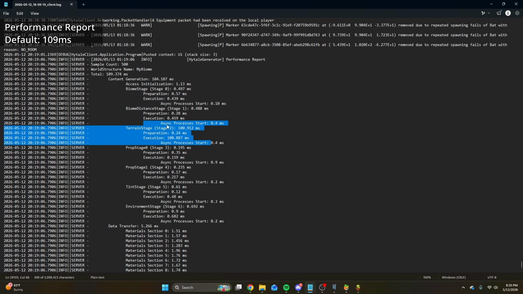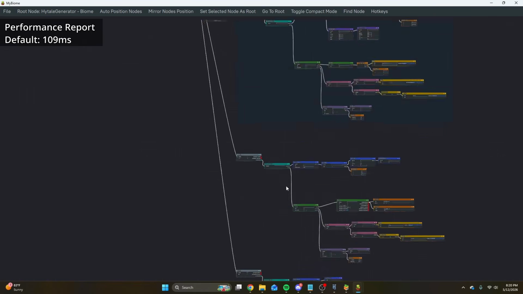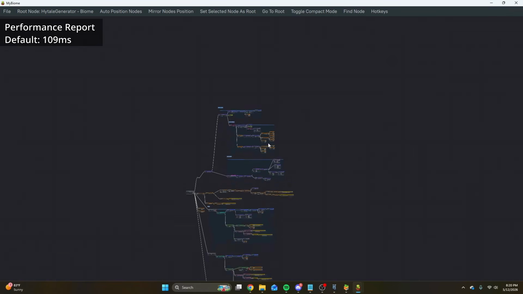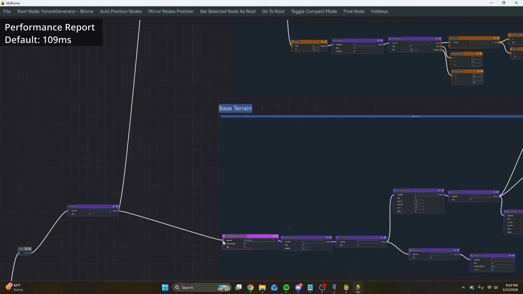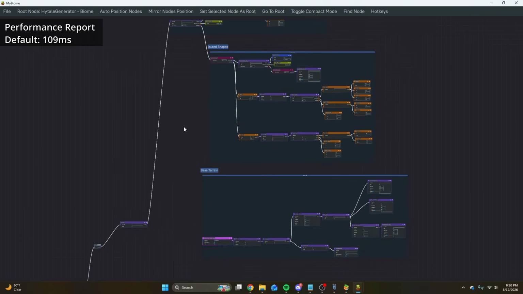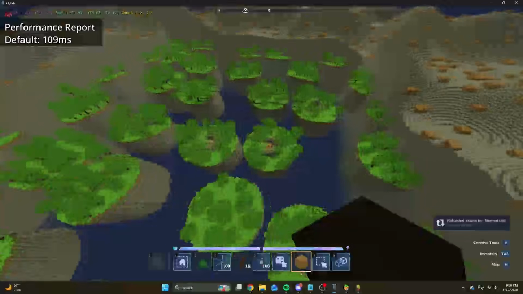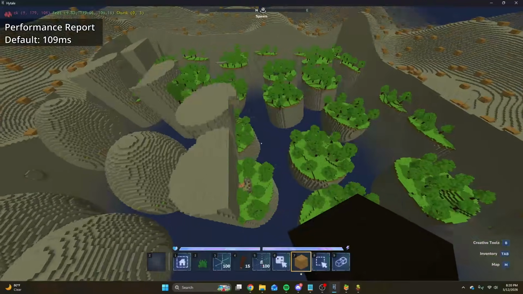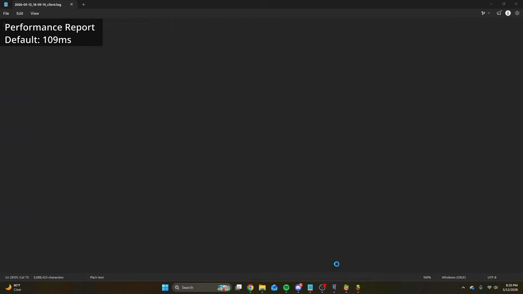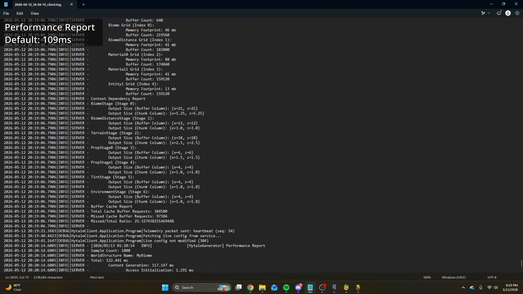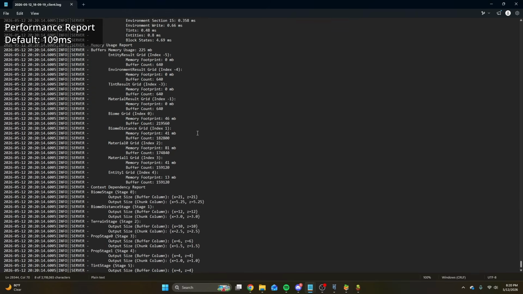So the biggest stage right here is the terrain stage, so we can further break that down as well by isolating parts, just debugging different parts by isolating them. So for example, let's just do the island shapes. If I just hit reload there, this may do something weird because now I'm not exporting that node. But if we look at the logs, they should have now updated. If we scroll all the way to the bottom and scroll up to see the latest one, we can see that content generation has gone down